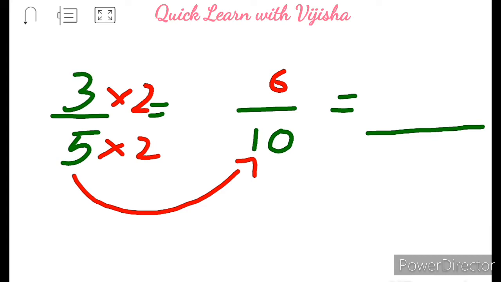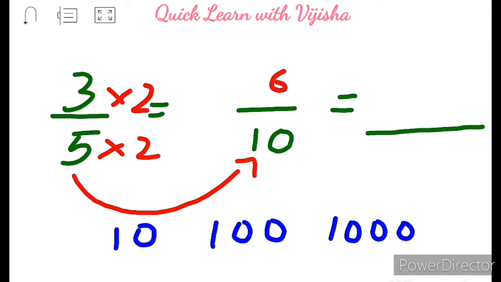Always remember, for converting the fractions into decimal form, you should have 10 or 100 or 1000 in the denominator place so that it becomes easy to convert. Now 6 upon 10, how will you convert this? The number in your answer is 6. Now 10 means how many 0s are there? Only 1 zero. So you will put a decimal before one digit. So this is a single digit. Decimal, here nothing is there, so you will put a 0. Understanding children? Let's see the second question.